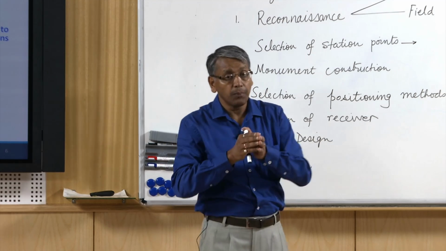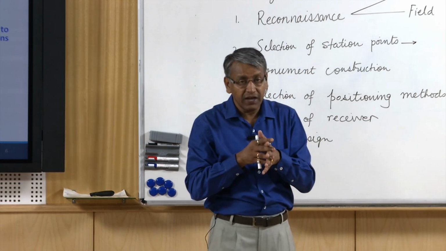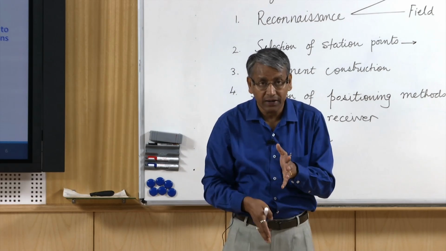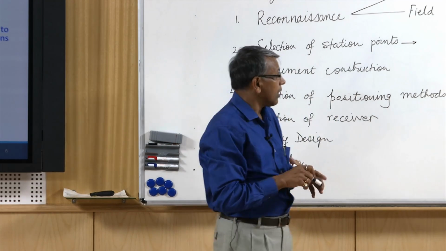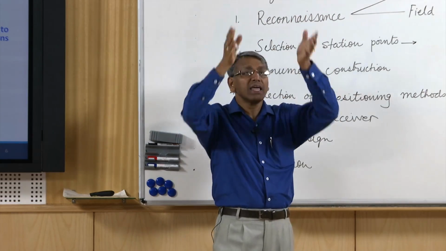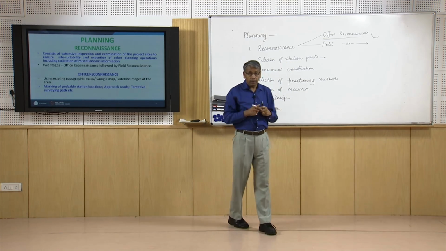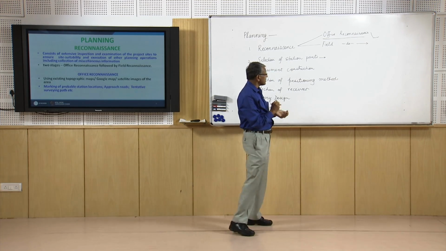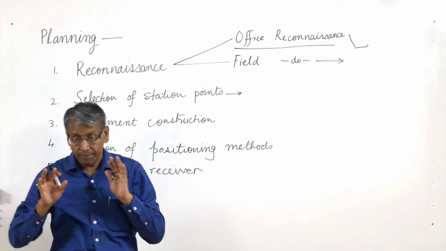stations or project area. We should also check, if there is any kinematic survey, whether the route of the kinematic survey is free from physical obstruction, that is, whether the sky view is clear or not. During selection of station points, those locations which have been confirmed after field reconnaissance have to be properly